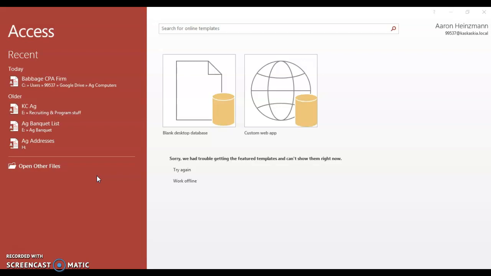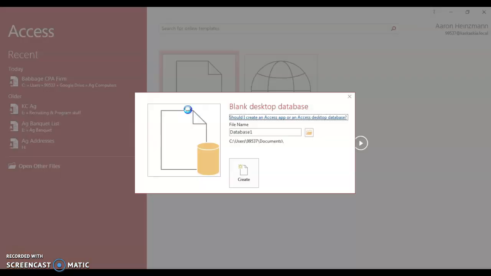So let's get to the keys to the course, or keys to the section, excuse me. One of the prime things that is different about Access versus any of the other three programs that we'll talk about is you will start by saving and creating your file to begin with. So as I move my mouse up here onto blank desktop, which is where you will start, and click on that,